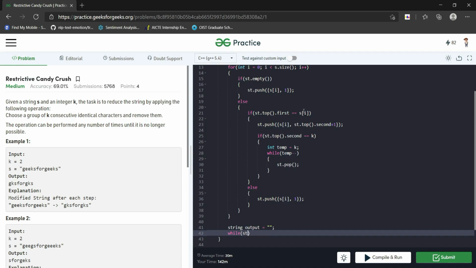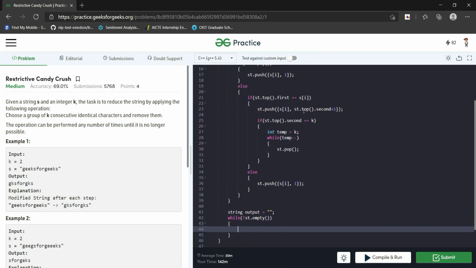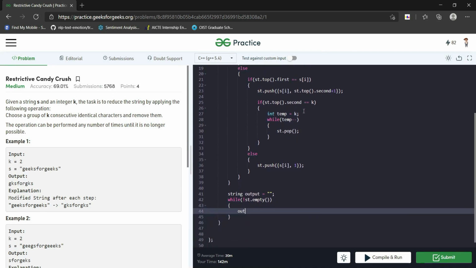So now we will be popping up the string over this stack and push it into the output string.